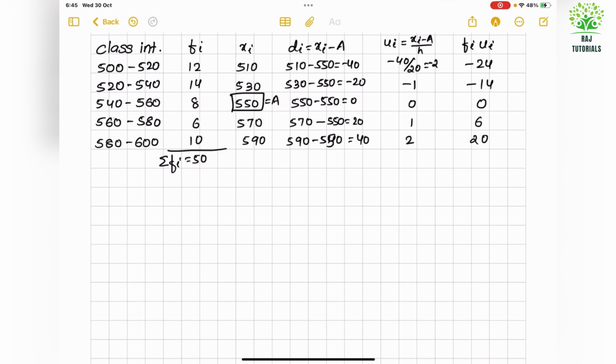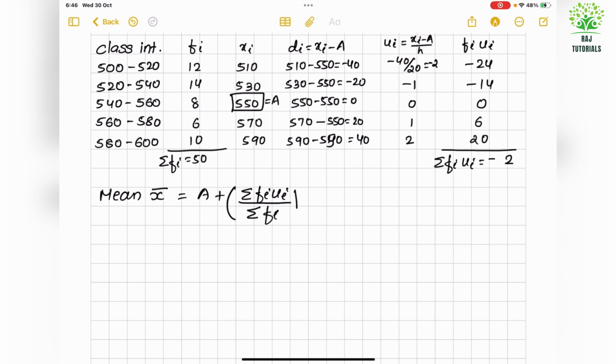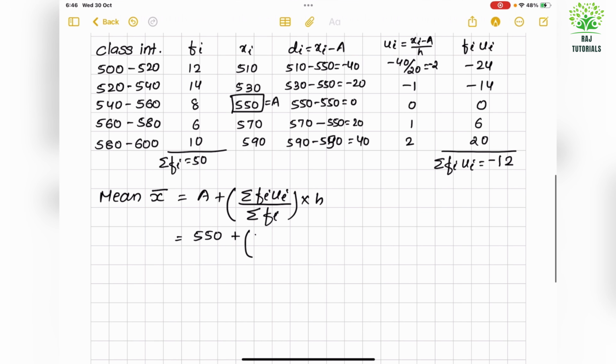6 and 20. So now I have to add sigma fi ui. The advantage of this method is that we will have smaller totals, so it will be easy for us to divide. Now see, the mean formula here is a plus sigma fi ui upon sigma fi into h. So a we have taken as 550 plus sigma fi ui came as minus 12